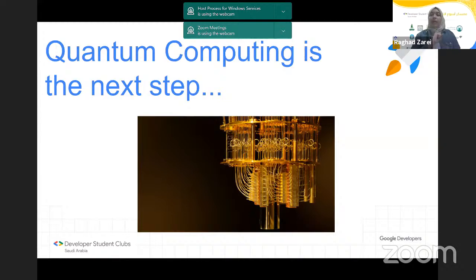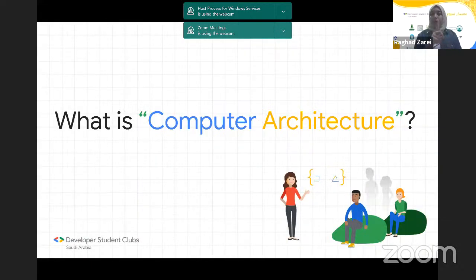Now, let me tell you about one thing that was common between all those people that tried to have different methods in computing. All of them had one target. It was a very similar target, which was to store data into the computer through different methods. All of those people wanted to find ways to put large amounts of data, process it, and evolve it in a very fast manner. And that's why we have computer architecture, and it's exactly what it says. This is computer architecture, which is to find different methods to implement data into a computer.